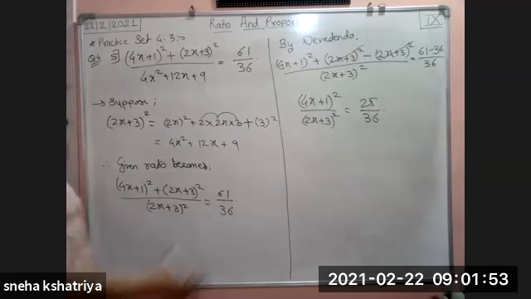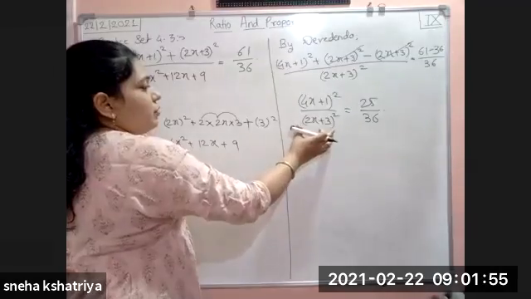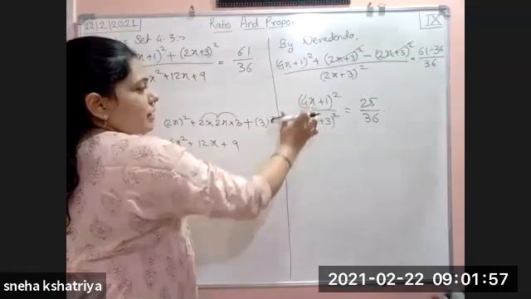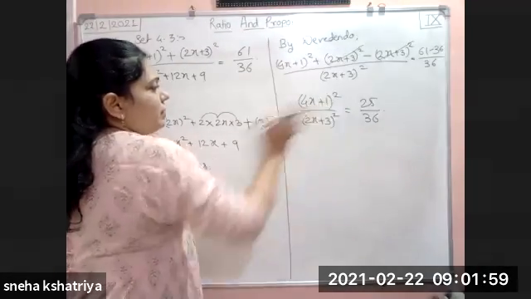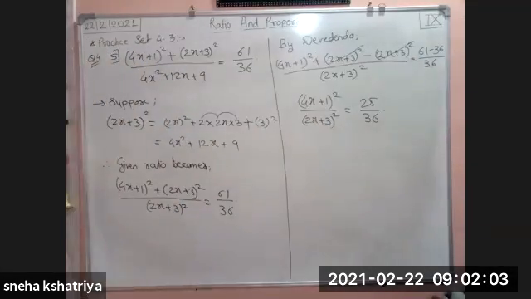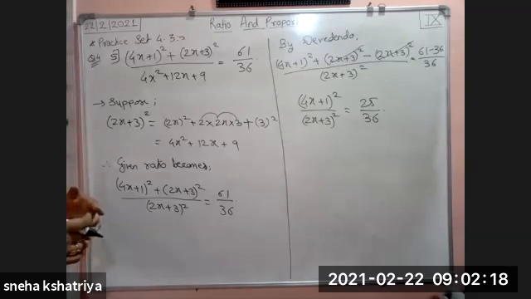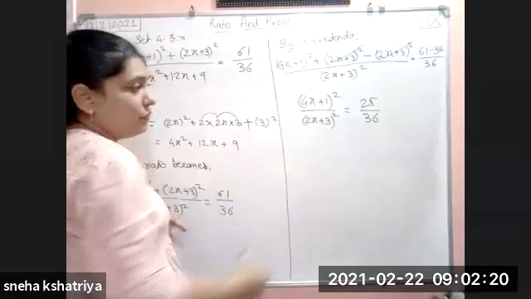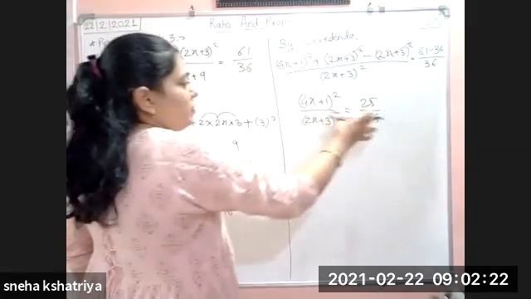Now see here, these terms are in square. We have to remove the square because we have to find the value of x. For that we have to remove this square. So what we have to do, take square root on both the sides. See, in the last example there was a square root and we had to take the square and find the value of x. Here a square is already there, so we have to take the square root so that we can find the value of x. According to the example, you have to change what exactly you use. So here we have to use square root.